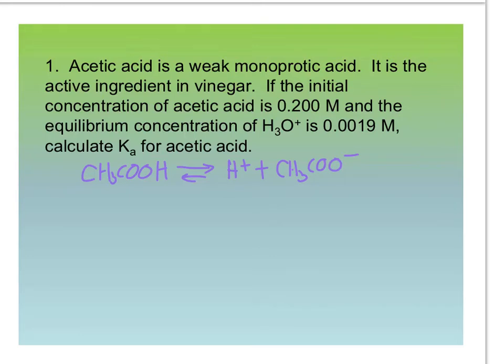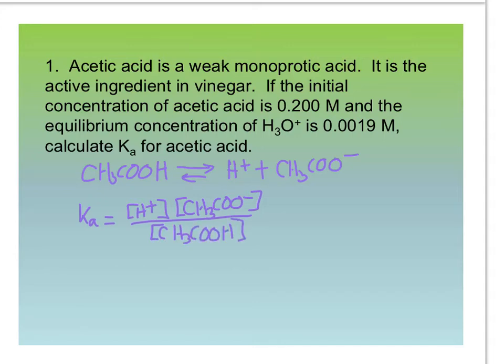If you prefer, you could write the acetic acid plus water. You'd still get the acetate, but this would be H3O plus, which is the same thing as H plus and water, right? So H plus and H3O plus are synonymous. After you write the dissociation equation, you write the Ka expression, since we're asked for Ka. My Ka expression is equal to the concentration of the H plus times the concentration of the acetate ion over the concentration of the